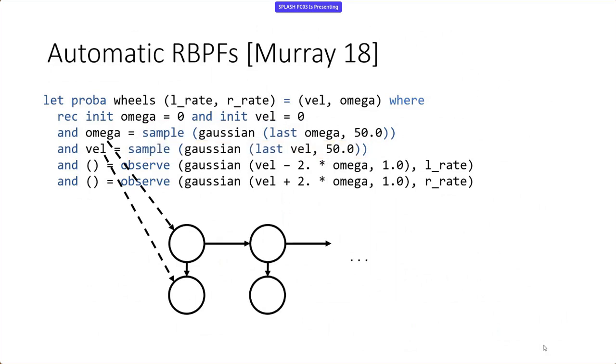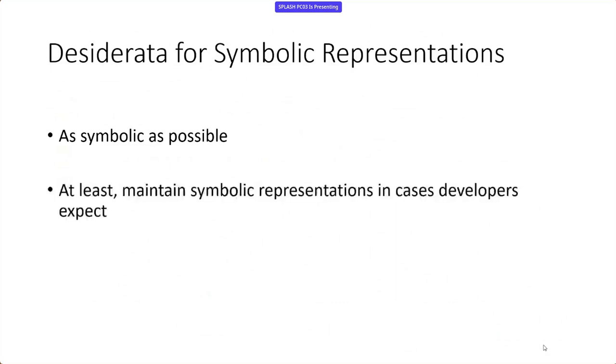And as we continue on executing, this raises the question of what is a good symbolic representation. So one thing that we want is we want the symbolic representation to stuff as much information into the symbolic state, because typically the symbolic state, which is doing the exact part of the inference, is going to be more efficient. And at the very least, if the developer writes down something that looks like it should be able to do inference exactly, the programming language implementation shouldn't go ahead and approximate it if that's not what the developer is expecting. And then finally, there needs to be some consideration of overhead, because we're maintaining some sort of data structure with pointers at runtime.